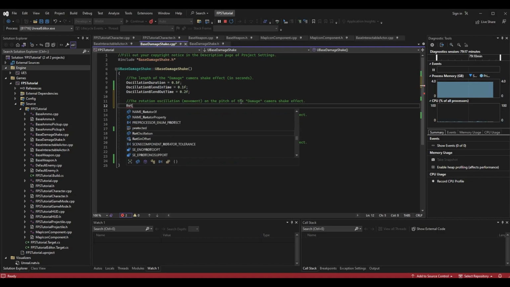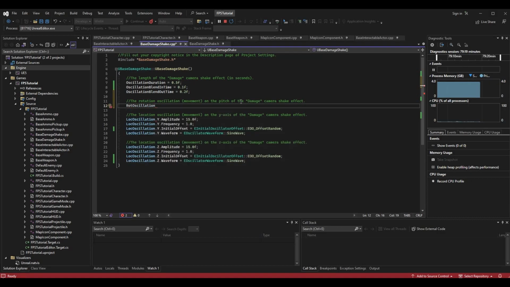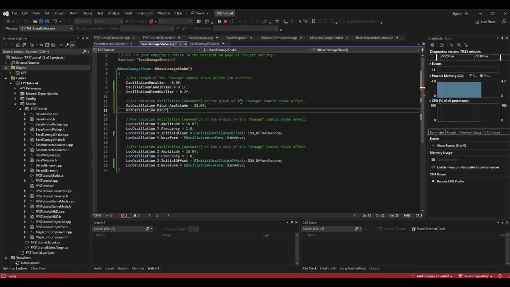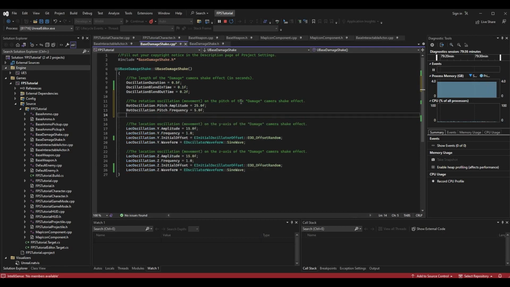And to do that, we can use rot oscillation dot pitch dot amplitude, and we can give it a value. Let's give it a value of 25. And now we can do rot oscillation dot pitch dot frequency equals 5. Rot oscillation dot pitch dot initial offset